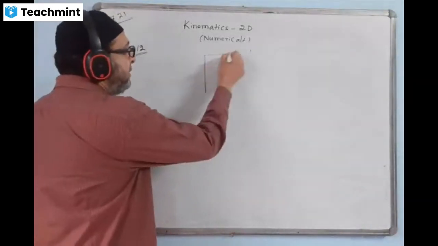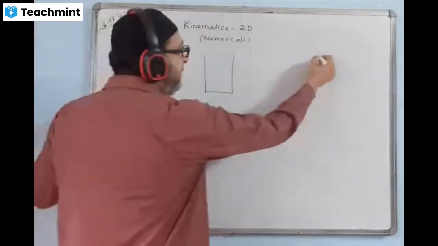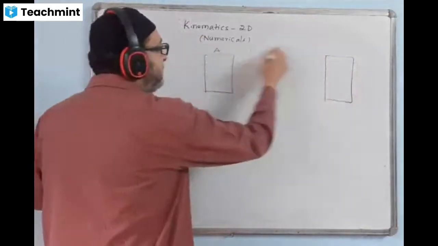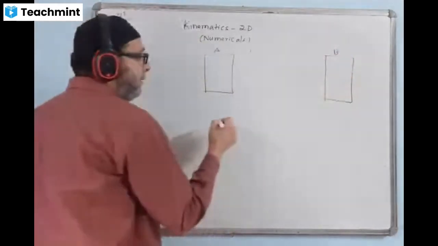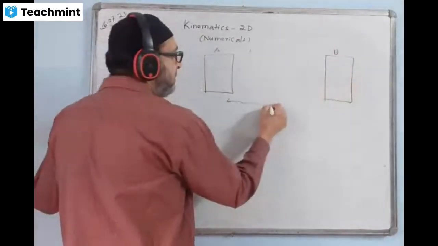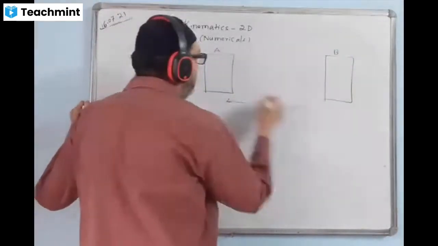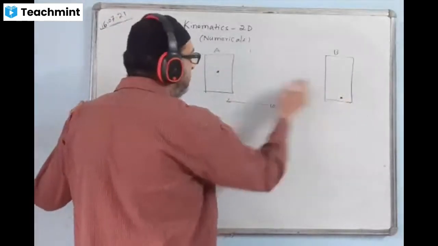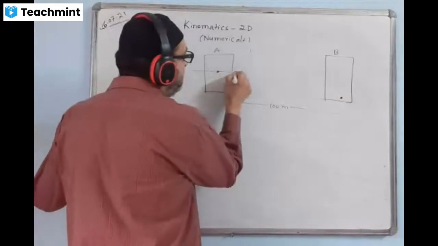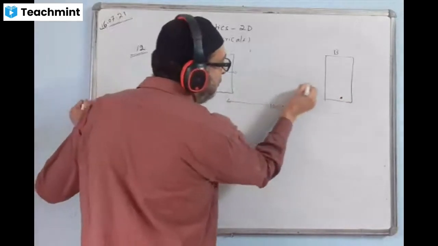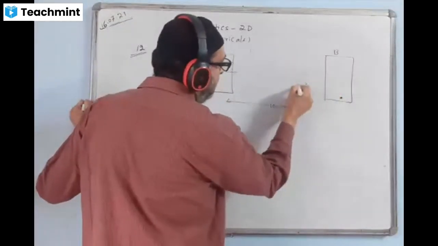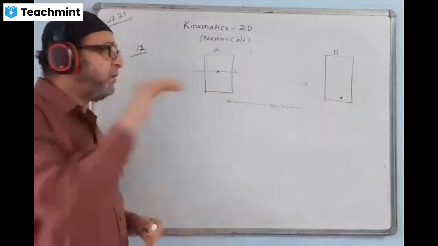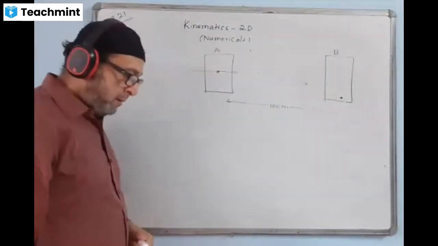Okay, let us take one screen here. One screen here. We can draw a diagram. This is screen A. This is screen B. 100 meters. One hole is here. Another hole is below this. The bullet is going this way, and it is going to go this way. You know, the path will become parabolic. It is going to go like this.